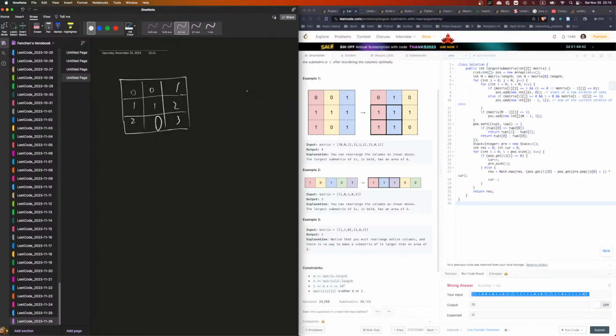Let's say the one with the longest, the biggest value, that one can always move to the rightmost, right? And that one always moves to the rightmost, okay? And if that one moves to the rightmost,